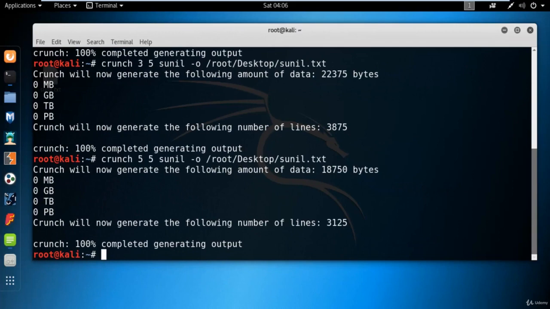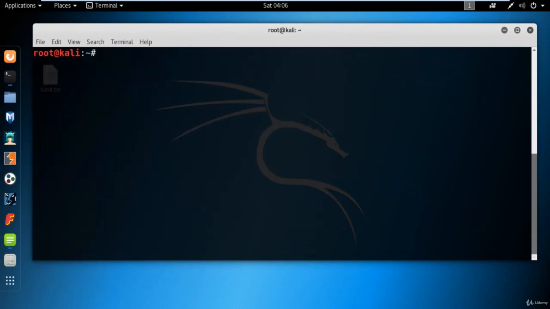Now let me show you one more thing. Let me clear everything. Now, for example, if you want to insert some kind of special characters inside it, how can you do that? Let me show you with my name. So for example, the password is Sunil@$. And if you want to create a dictionary of this, is it possible or not? Let's try. Let me type crunch space 5 7 Sunil@$ space